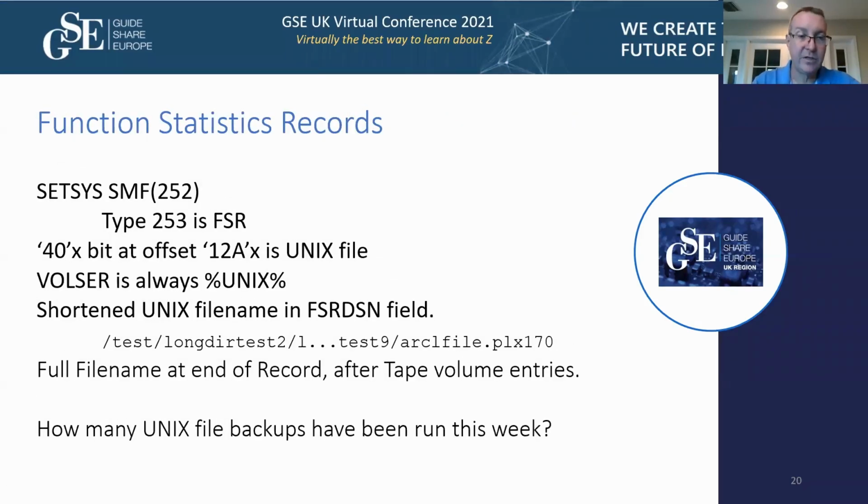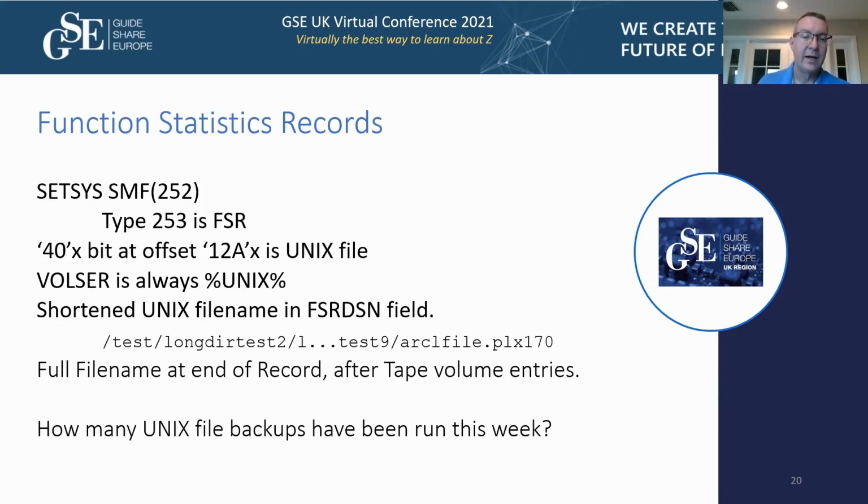And the function statistic records, if you gather these and you look at them later, just want to note that the hex 40 bit at this offset is a bit that says this FSR is for a Unix file. Another way to tell is that the volser will always be this %Unix%. So hope that was a clever thing and not a stupid thing, but I don't think that's a valid false